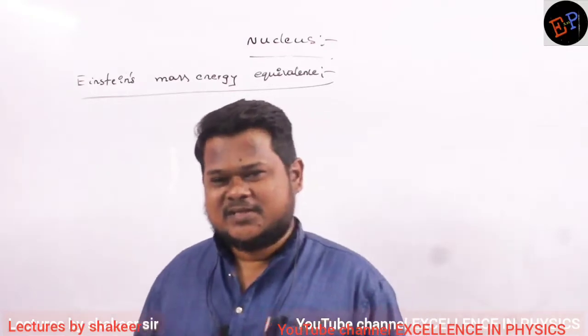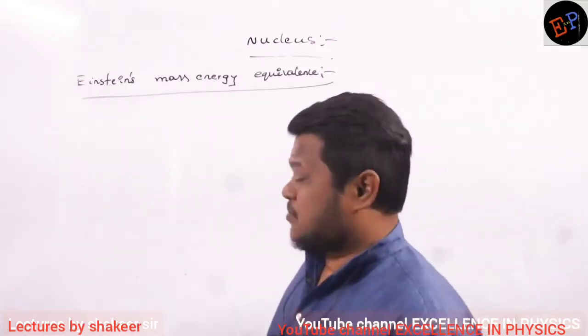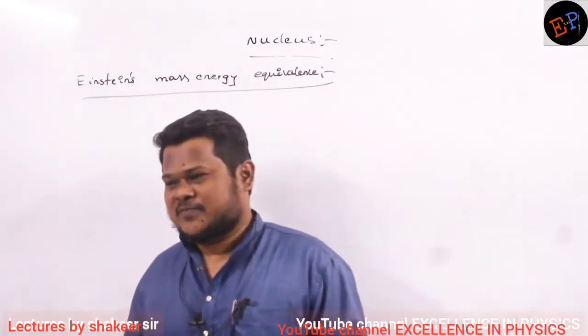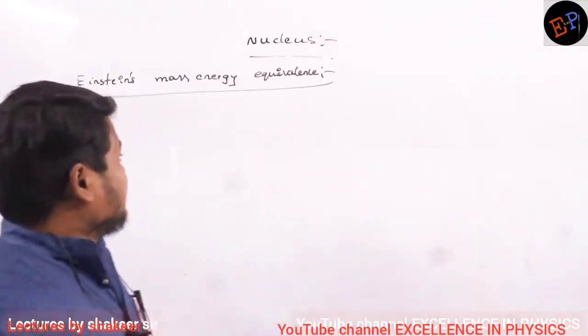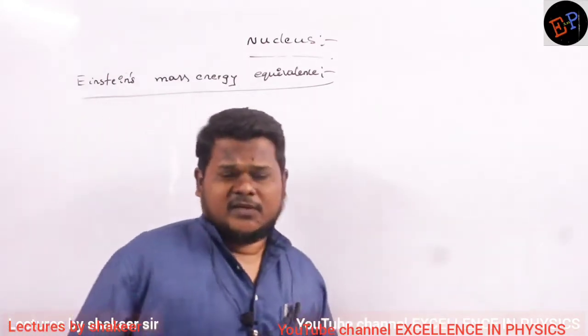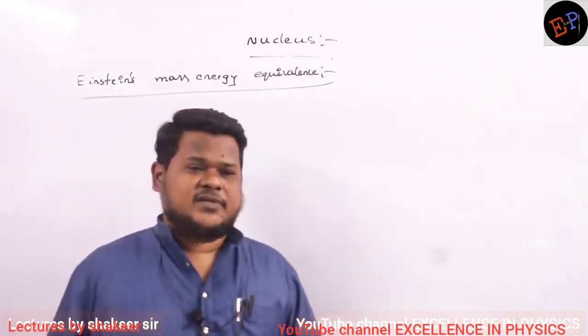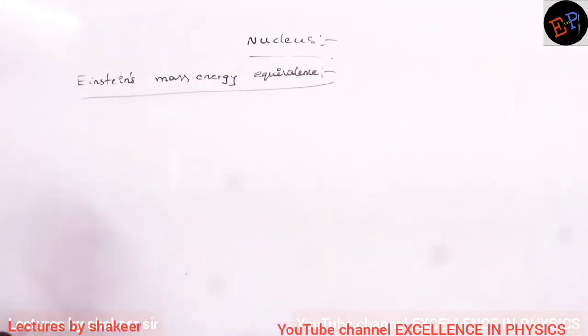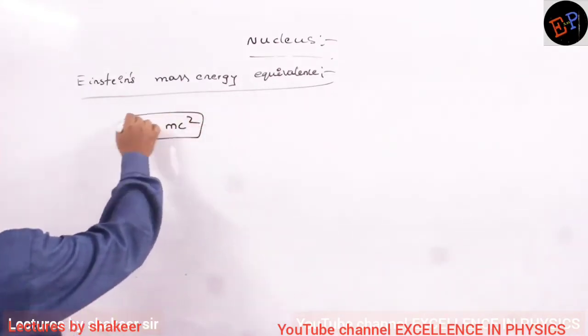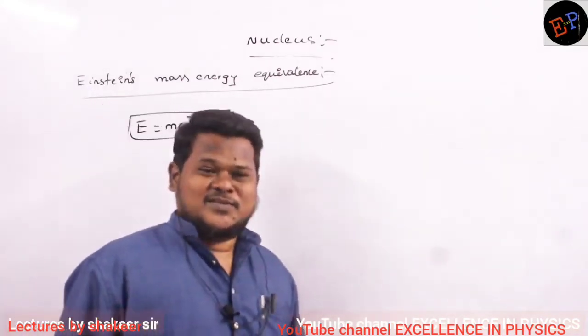So he is considered to be the most intelligent, and the next person is Einstein, in the total history of great scientists. Clear now? So, Einstein's mass-energy equivalence. He derived a very beautiful relation, one of the easiest as well as toughest relations. It is very easy because it can be written just as E equals mc squared. Very easy to use, no? But where we use this one, this is very tough.